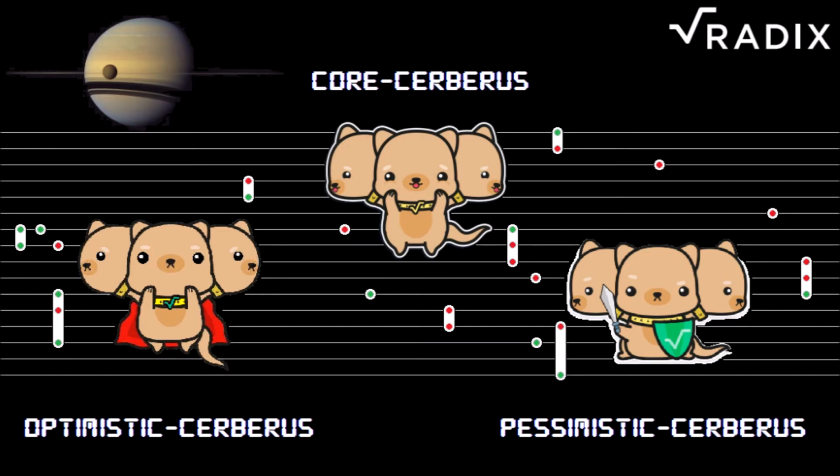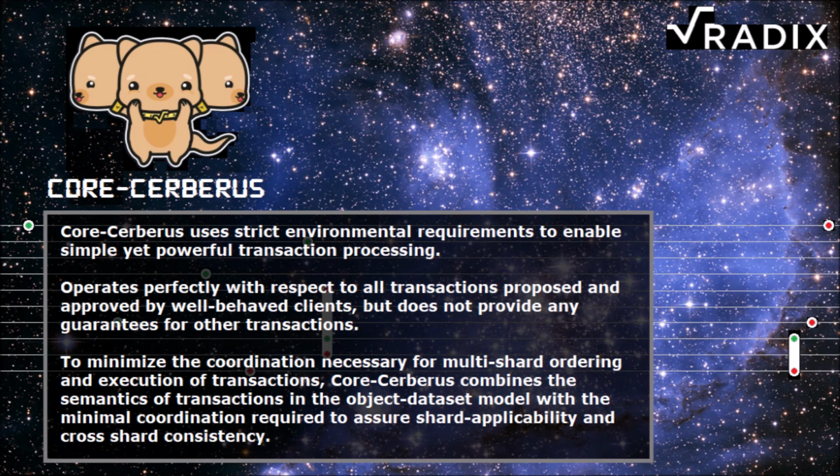Using these variants, the network will be able to adapt to the needs of specific use cases. Core Cerberus, simple yet efficient transaction processing. Core Cerberus uses strict environmental requirements to enable simple yet powerful transaction processing. Operates perfectly with respect to all transactions proposed and approved by well-behaved clients, but does not provide any guarantees for